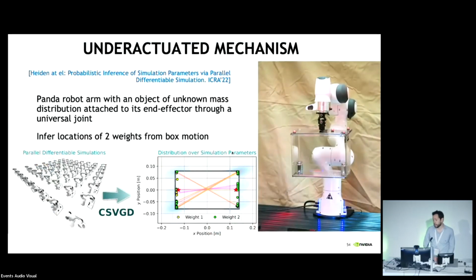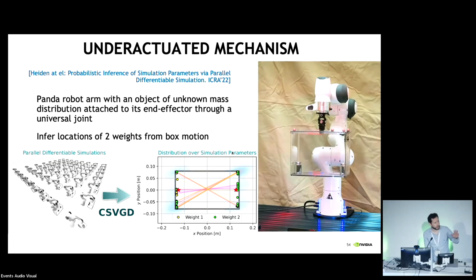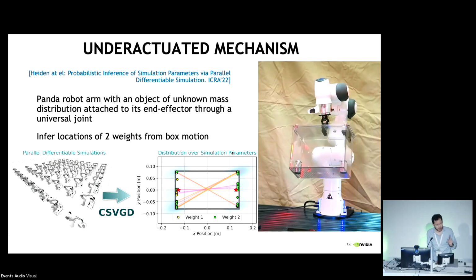Or you can also infer the position of these weights inside the box. So that's an underactuated mechanism. You keep on moving, collecting speeds and acceleration, and that will give you a very bimodal distribution in there, but something you can do very quickly with this method. All right, so just to summarize very quickly, I show you three cases of sim-to-real adaptation